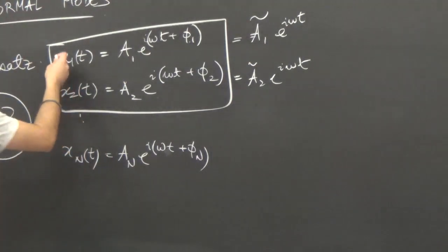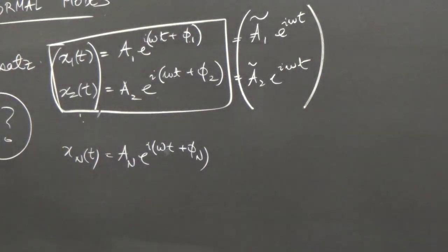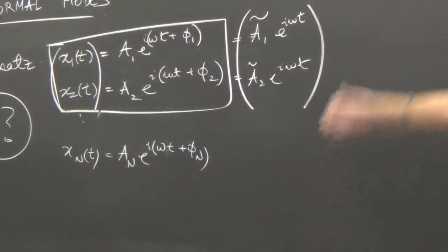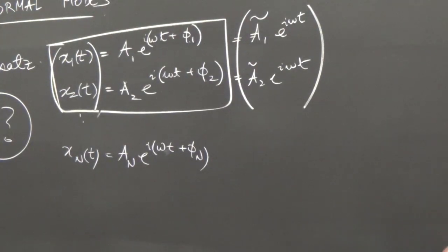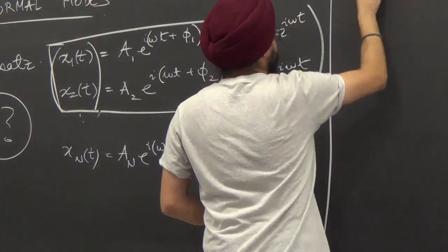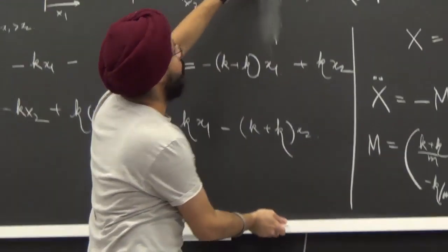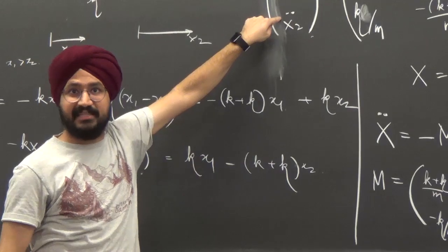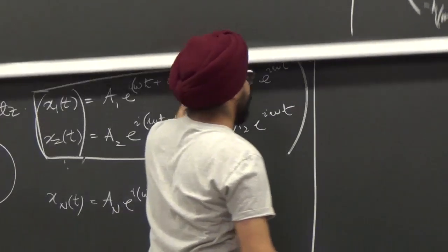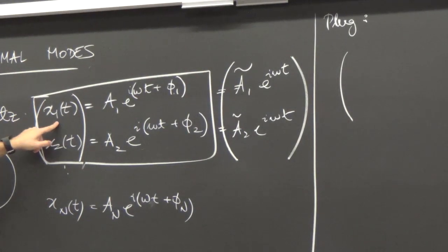Again, as a vector, this is a column, this is a column. It's just concatenating things together, right? I have an ansatz, I have differential equations. Plug it in to find the omega which satisfies it. Same rule every time, okay? Plug it back in the differential equation, which is given by the one up here as a matrix form. That's the easiest one. What's x1 double dot?